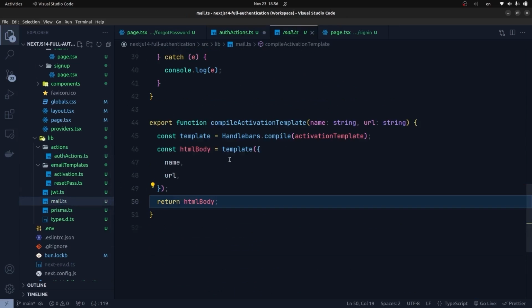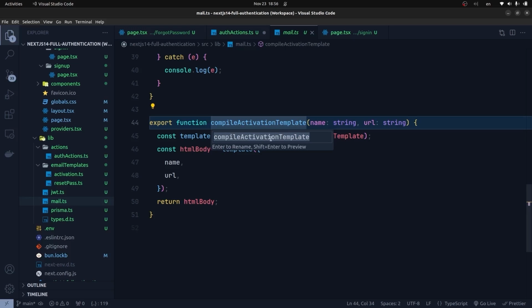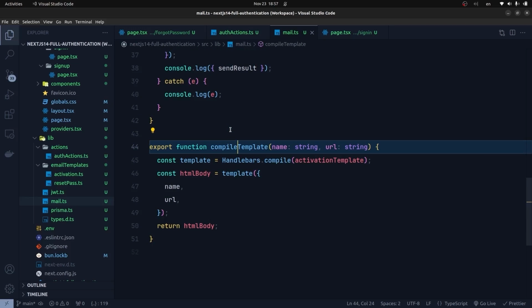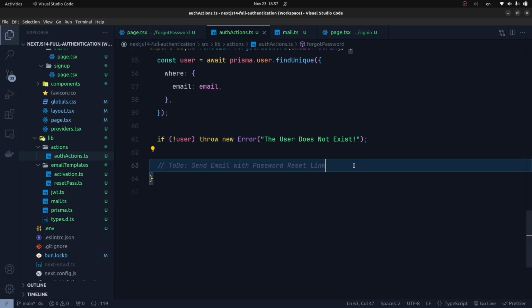You can see we have a compile activation template, so just rename it to compile template. For example, let's remove the activation template. It will rename this function across all the project. We don't need to worry about that. Now it's a generic compile function, and I go back to the auth actions here, and here first we need